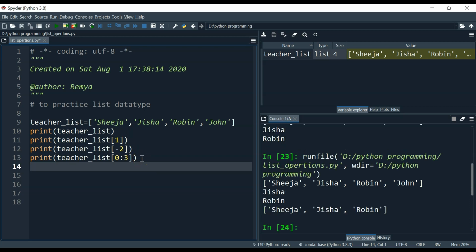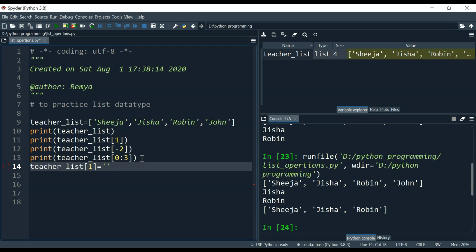Suppose this is a list of teachers. We planned for taking the subjects before the commencement of the class, and now the teacher is changed for one subject. So I'm going to remove Jisha from this list, and instead of that I am adding some other teacher's name for taking that subject. I know that her position is at 1, right?